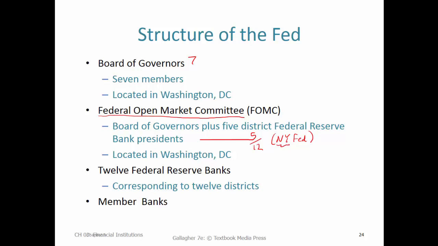And there's a little Wall Street favoritism going on right there. That is located in Washington, D.C. They meet, I believe, 8 times per year to determine what they want to do with interest rates and monetary policy, and really trying to guide and manage the entire economy, the macroeconomy, through the tools of monetary policy.